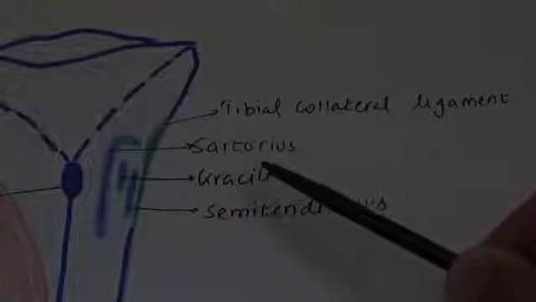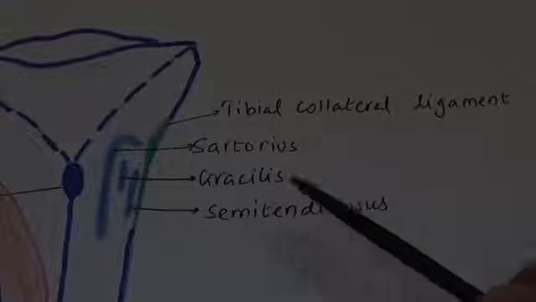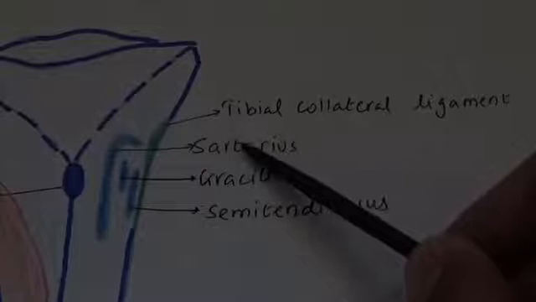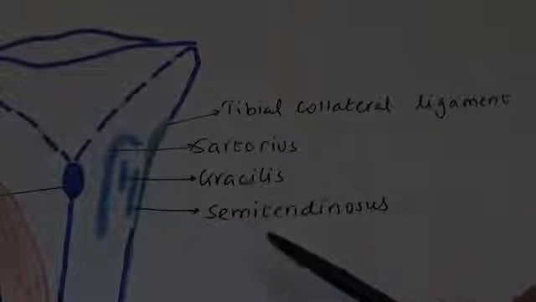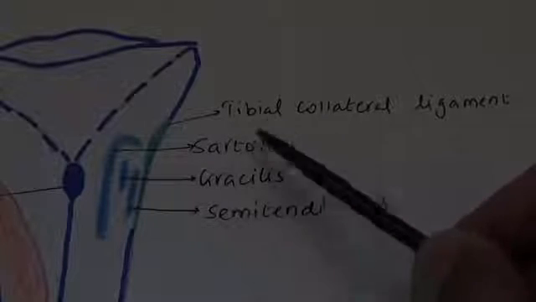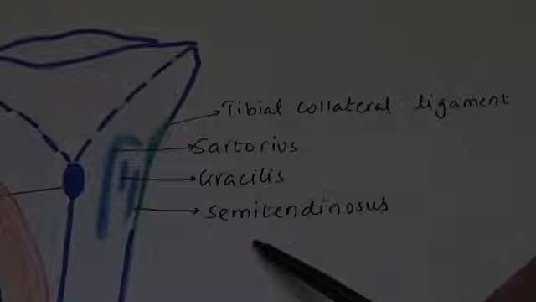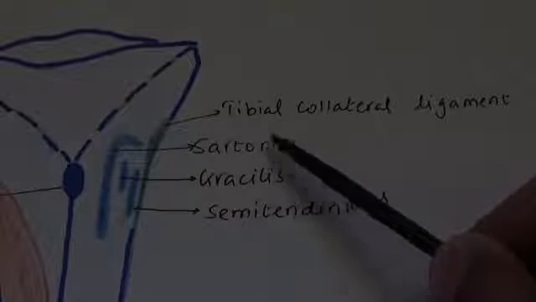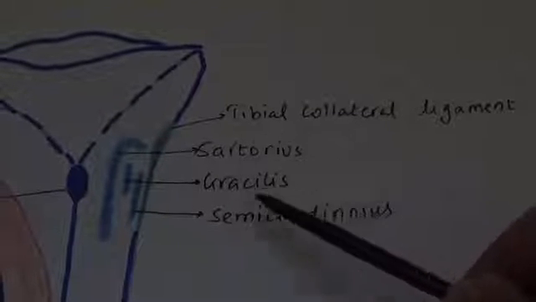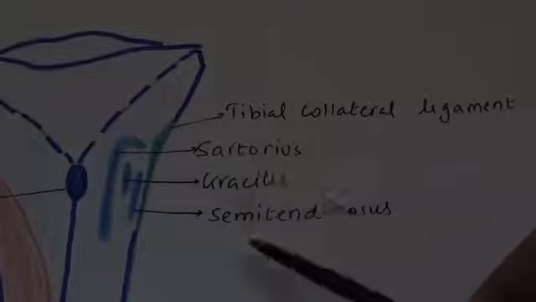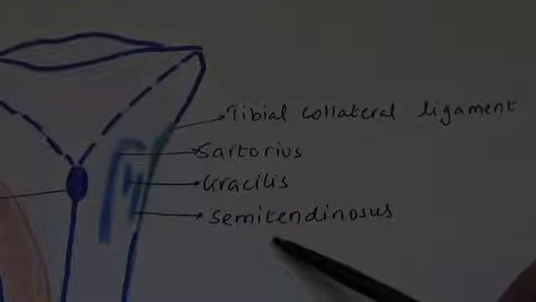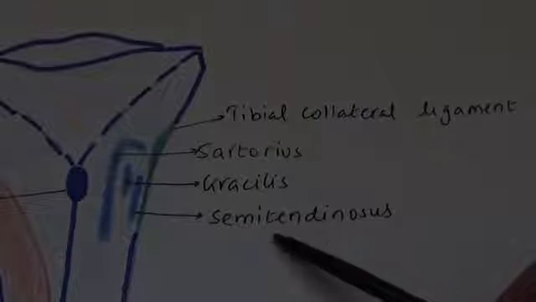Now we know these three muscles, sartorius, gracilis and semitendinosus, they belong to three different compartments of the thigh, namely sartorius anterior, the gracilis medial or adductor, and semitendinosus to the posterior compartment. And these three are also taking origin from three different components of the hip bone, like sartorius from ilium, gracilis from pubis and semitendinosus from ischium. In addition to that, these three are supplied by three different nerves, like sartorius by femoral nerve, gracilis by obturator nerve, and semitendinosus by the tibial component of sciatic nerve.